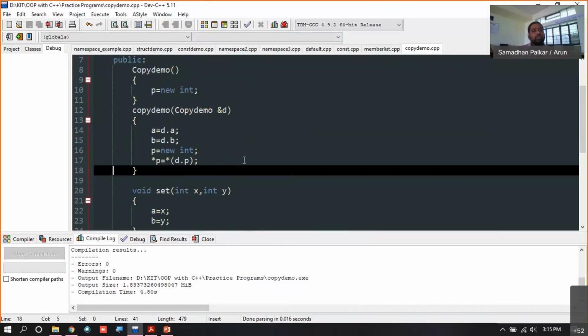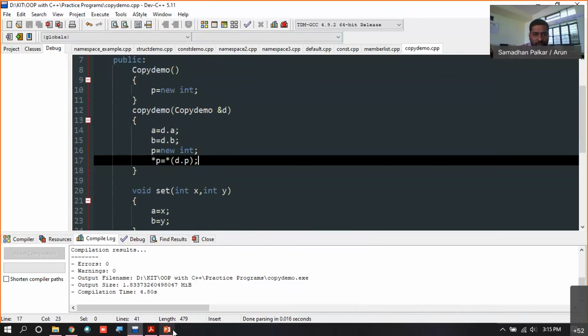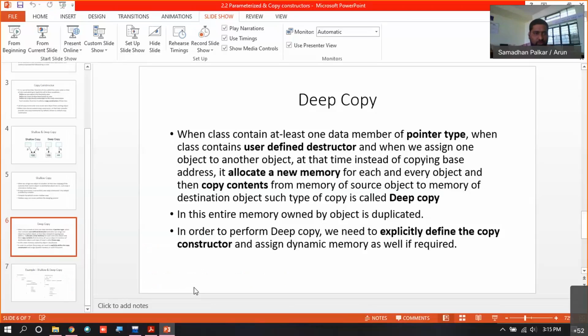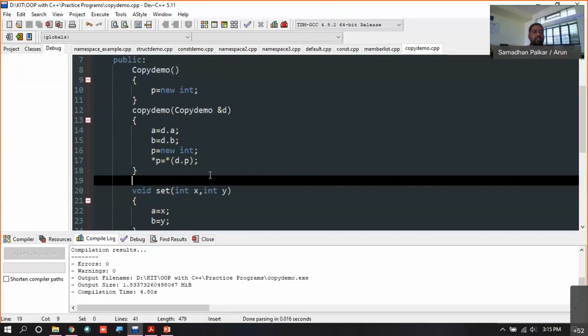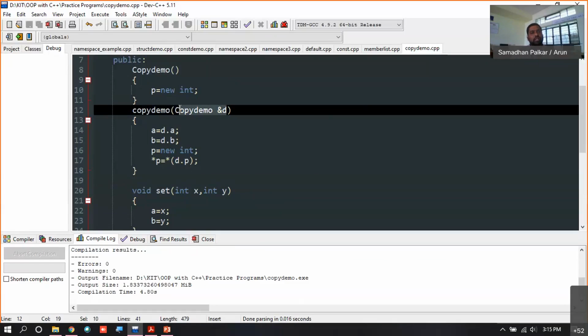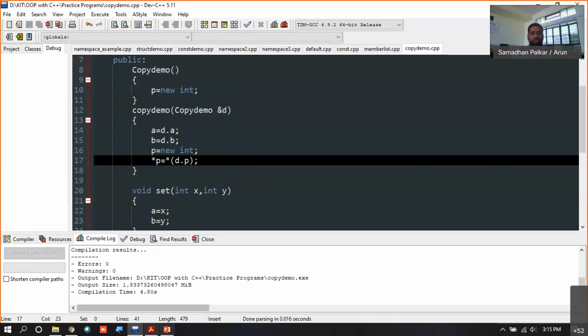It points to this same thing, right? So this kind of thing is called deep copy, wherein we need to provide a copy constructor just like this, which creates an exact replica, assigning all the data members from the already created object to the newly created object.